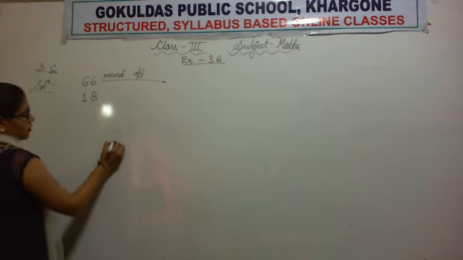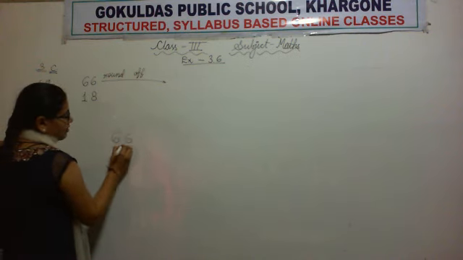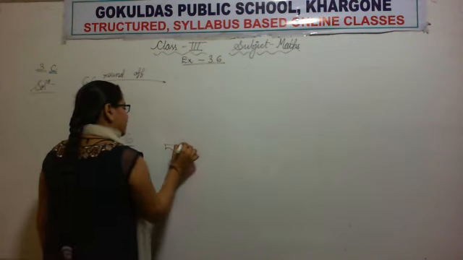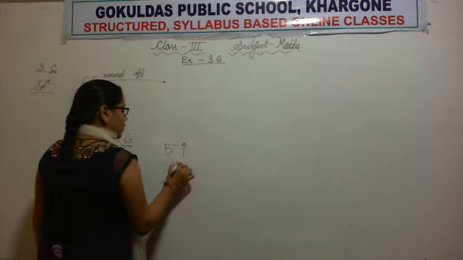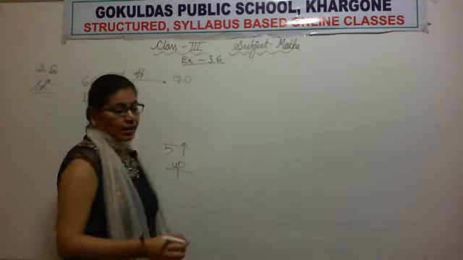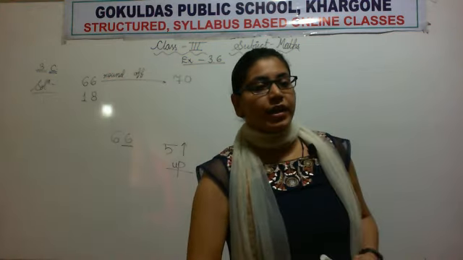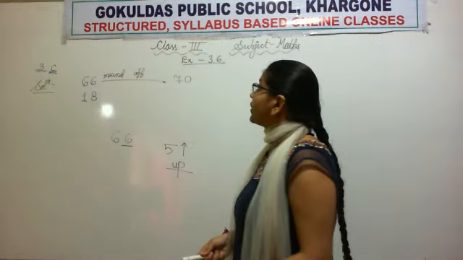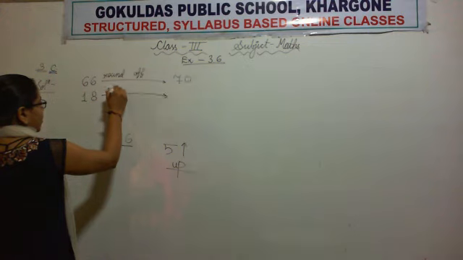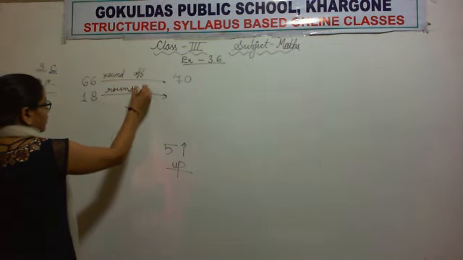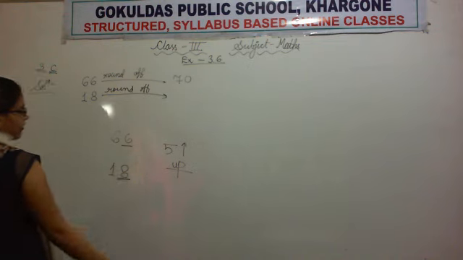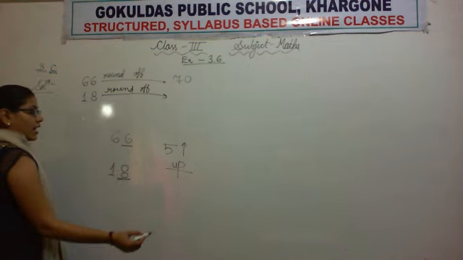The number 66. Look at number 66. The number is having 6 at one's place. 6 is greater than 5. It means we will round it up. We will round it to 70. Okay, now look at the next number. The next number is 80. So we will round it off. Look at number 8. This is having 8 at one's place. Again it is greater than 5, so again we